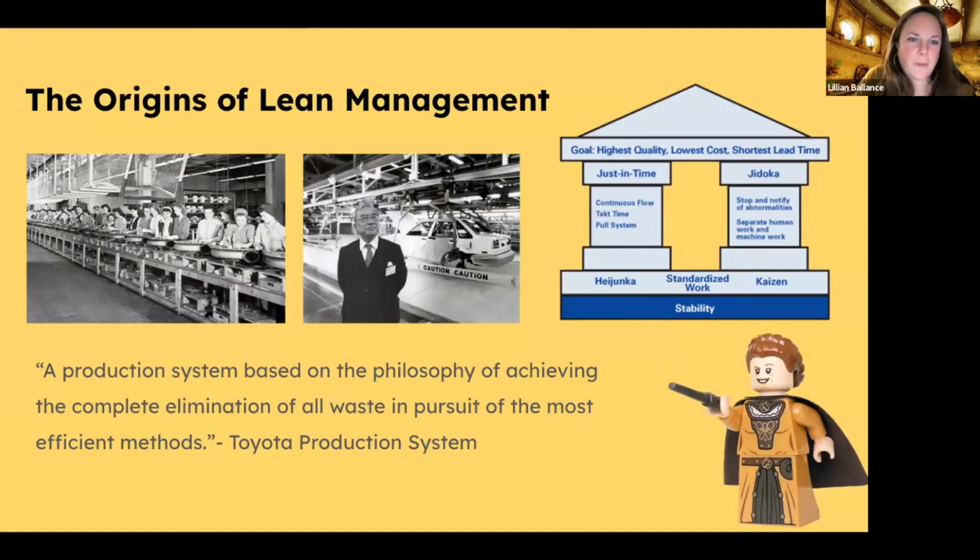Lean originates from the principles of lean manufacturing, which is a methodology that focuses on minimizing waste within manufacturing systems while simultaneously maximizing production. In this case, waste is defined as anything that customers do not believe adds value and are not willing to pay for. So lean's origins can be traced back to the beginnings of modern manufacturing.